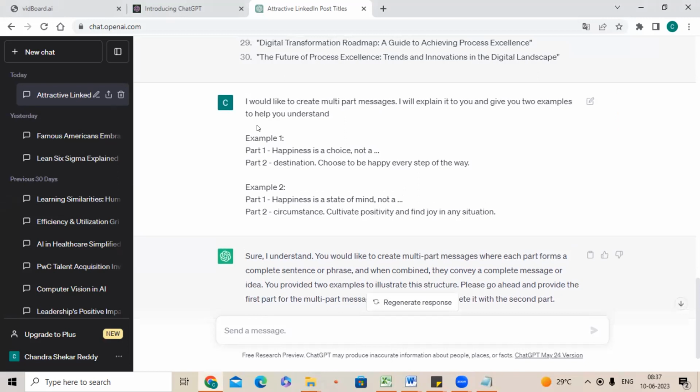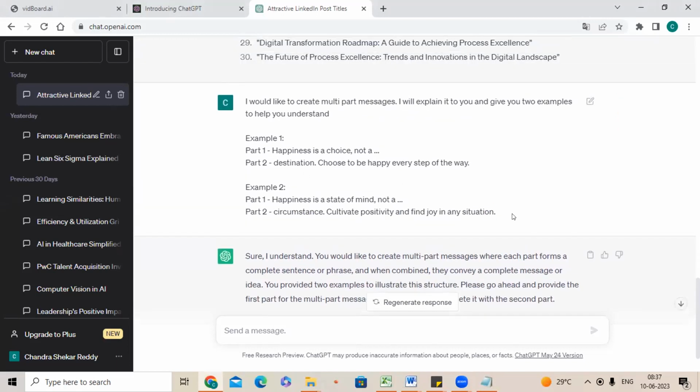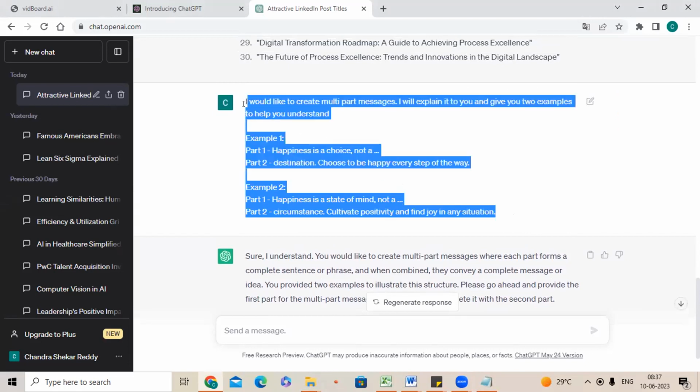So I copy pasted this one, which gives you two examples to help you understand. Okay, now edit the content on top. Edit the prompt. I'll tell you what changes you have to make. Now just click on that pencil. There is a pencil at the end. Okay.